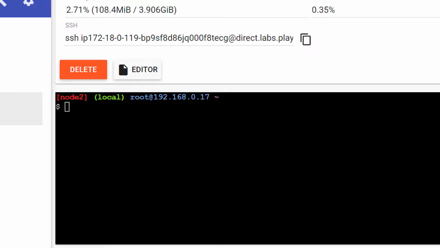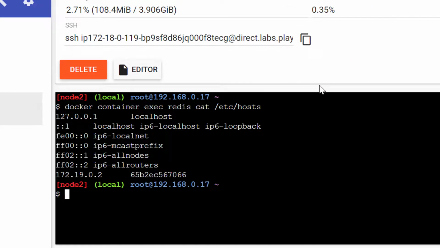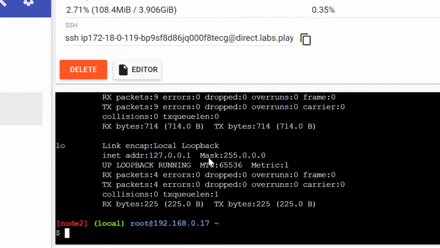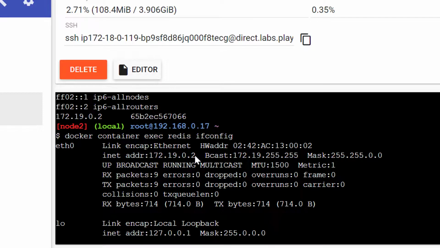Now, let me go ahead and inspect the hosts files of these two containers. That will give a better idea. The hosts file says this is the IP address, and that should get routed to this specific container ID, and an entry is made within the hosts file. So the hostname of this Redis container will be the ID, and its IP address is made an entry within it. And if I look into the ifconfig of the Redis container, it has one Ethernet adapter, and that has the IP address that got assigned from the router.